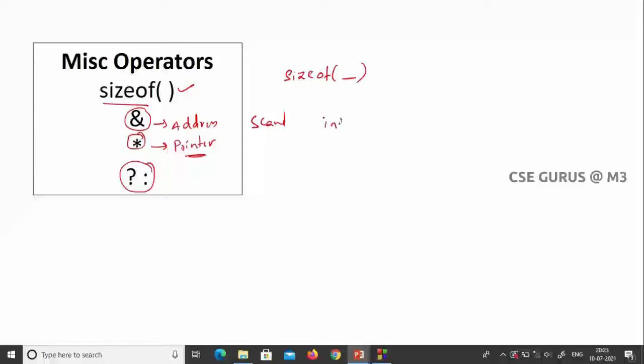Let us suppose I write int a, and I ask you what is sizeof a, the output will be, in all advanced compilers, 4 bytes, and in old compilers like Turbo C it is 2 bytes. Now it is taking 4 bytes, that's why the answer will be 4. So that is what you can find out with sizeof, and it won't do any arithmetic or operations. That also we'll check how this can be executed.